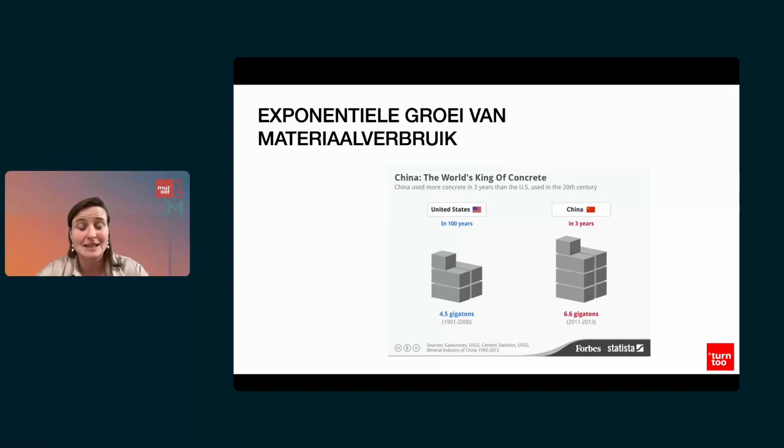We are now 11 years ahead. I don't have an actual graph, but it probably will have grown a lot since then even. And that's also true for the whole construction industry worldwide. So we are dealing with an enormous amount of materials we are using and which we are wasting. And about 50% of all the materials we are using is also necessary to maintain everything we already have. So as soon as we add a building, we have to maintain it.